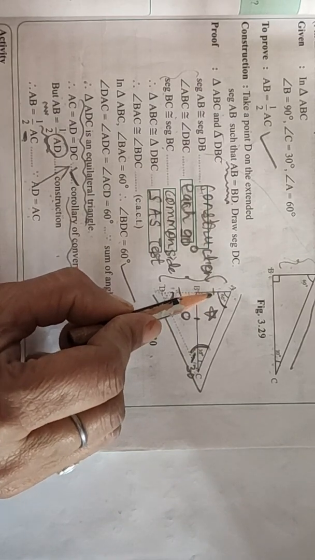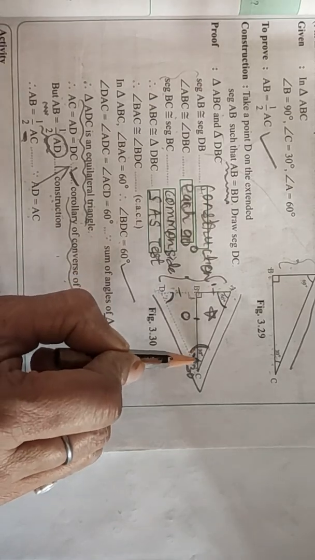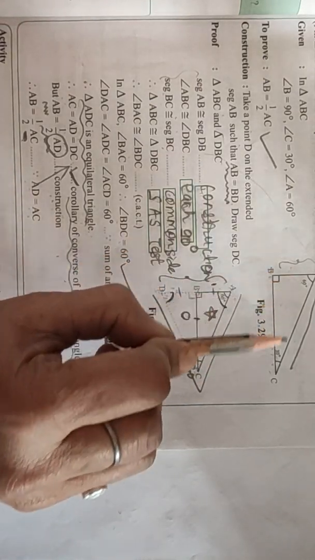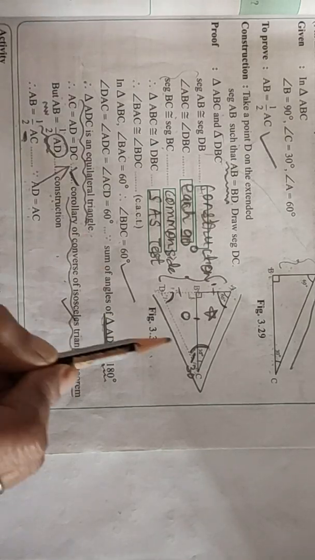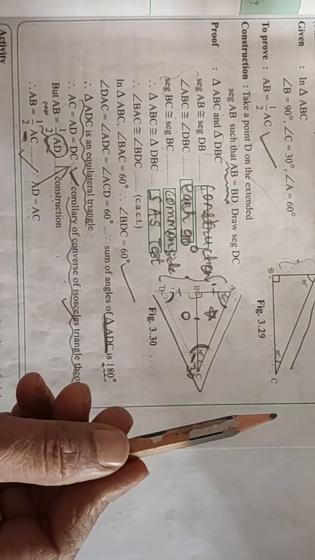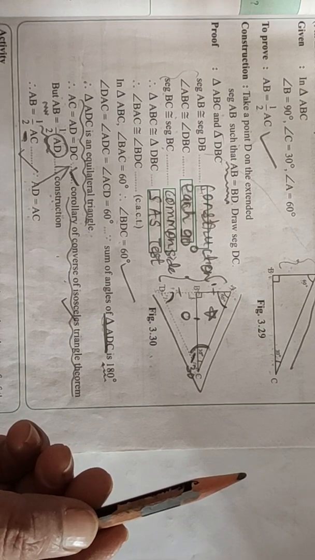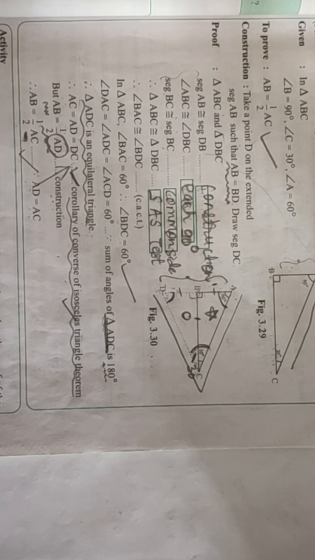Now let's check this side AB in the figure. See this AB. AB in triangle ACB is what? The side opposite to 30. Here you can see AB is the side opposite to 30, which we have now proved is half the length of the hypotenuse, and your hypotenuse is what? AC. Hence proved. So remember that the side opposite to 30 is always half of the hypotenuse. Now let's move to the next theorem, where you have to prove that the side opposite to 60 degrees is root 3 by 2 into the hypotenuse.